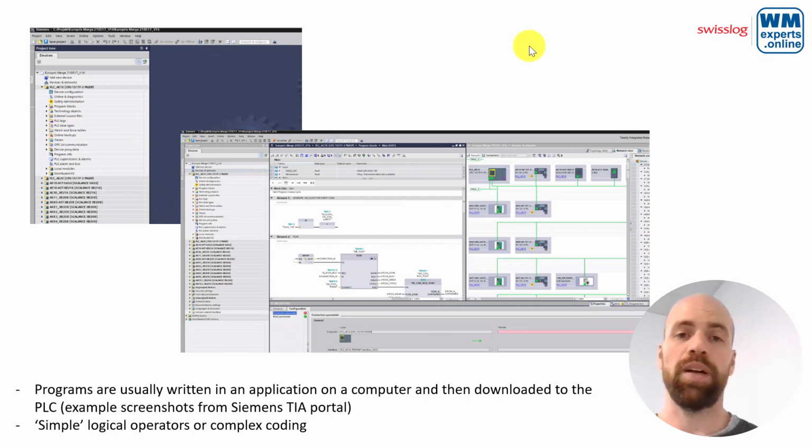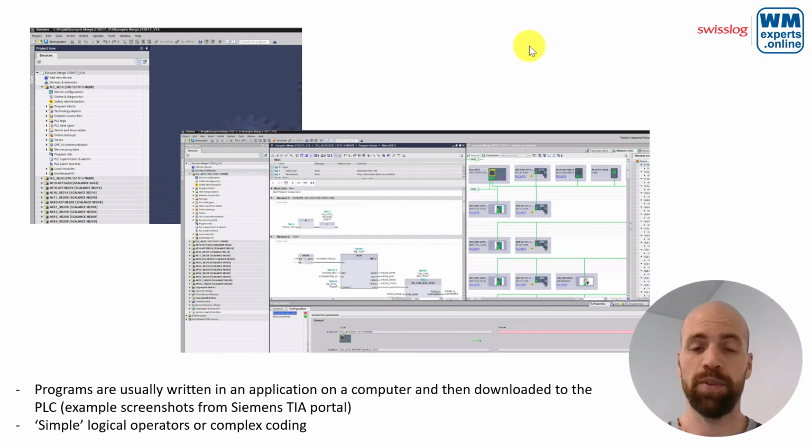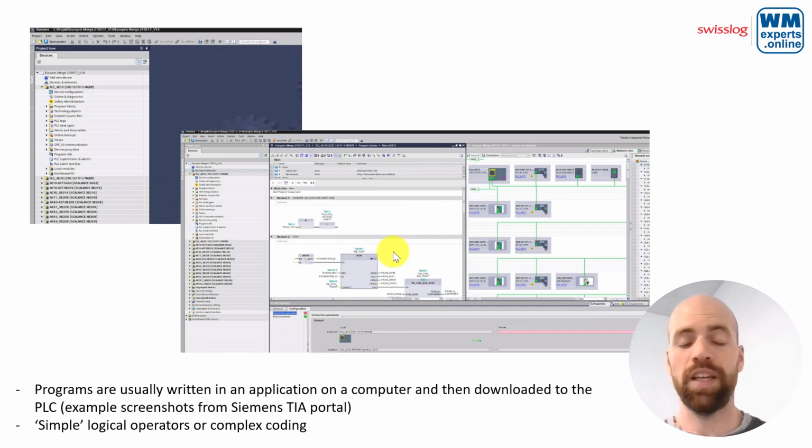And the example screenshots here show the TIA Portal from Siemens, which is one of the most popular applications to write such programs. And you have the option, you see it here, to use simple operators like AND, to connect two inputs from two different sensors and then make an AND connection. And then if you have both sensors on high, then the AND connection is true, and then you trigger a follow-up